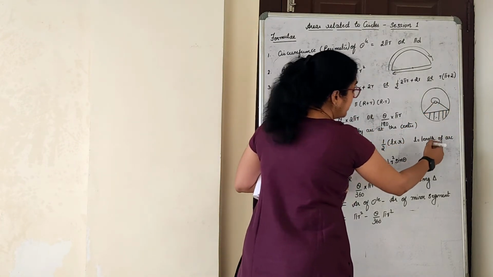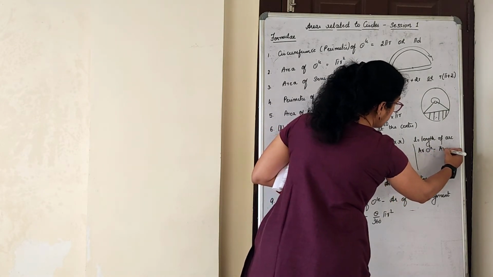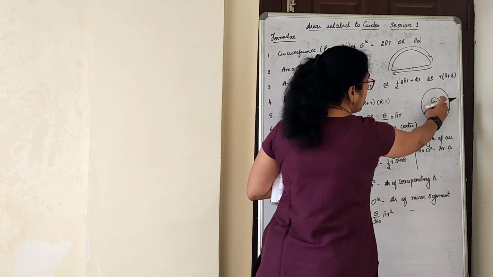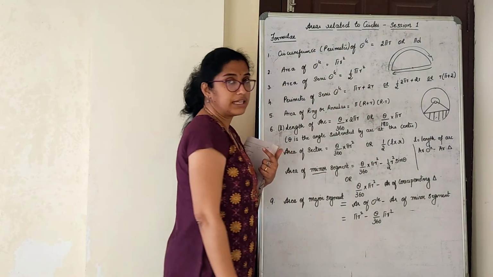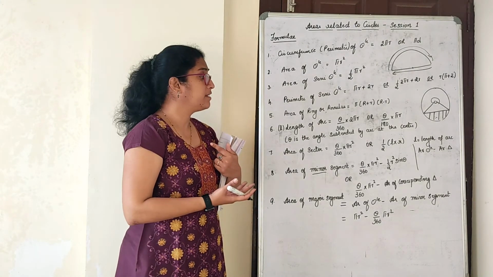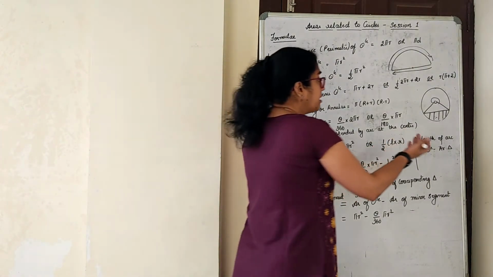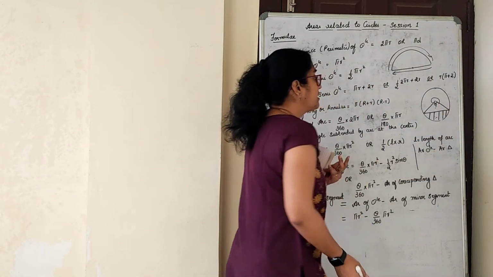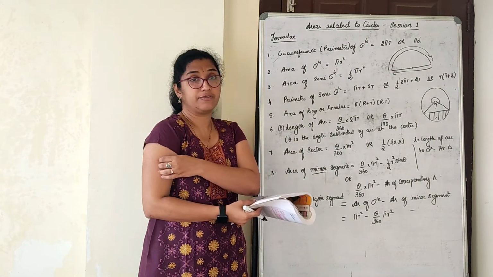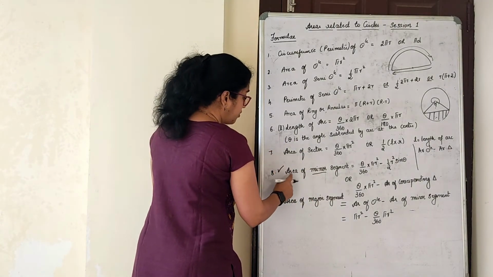Can I tell area of sector minus area of triangle? Area of the whole sector minus area of the triangle will give me the area of the minor segment there. Yes. But area of sector formula is what? Theta by 360 into pi r square. What is the area of the triangle? Area of triangle you have to find out with respect to what dimensions are given. If height is not given, construct a perpendicular and find. You have to do that and find. Quite lengthy it will be, right? So I suggest you all to go with this formula.